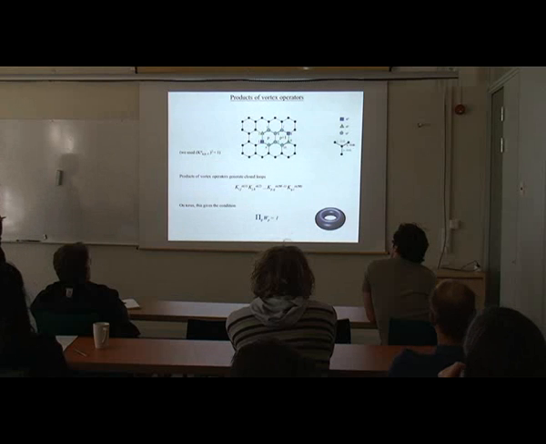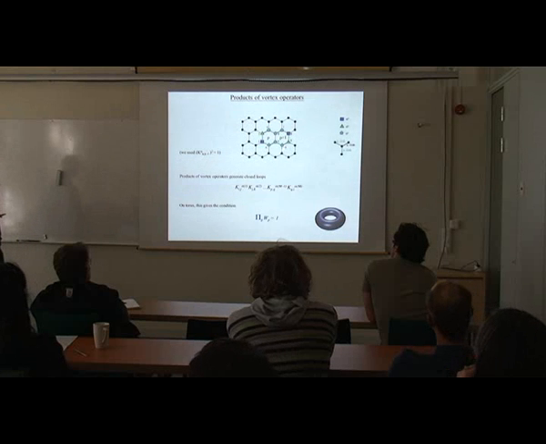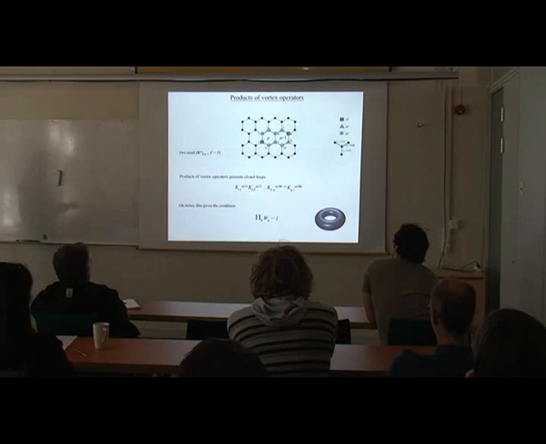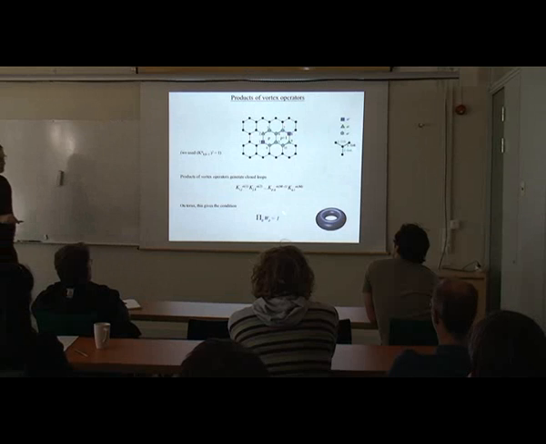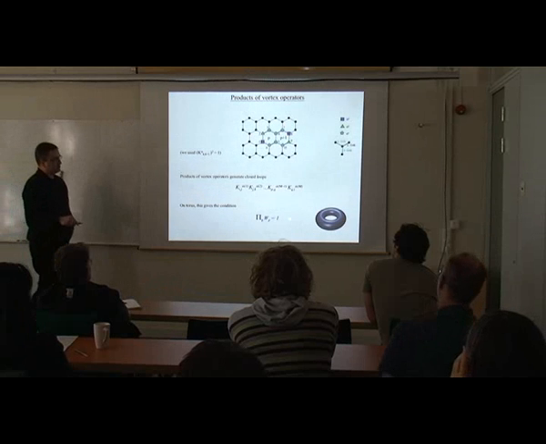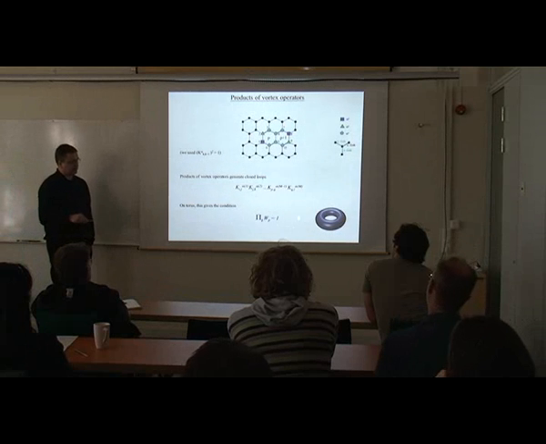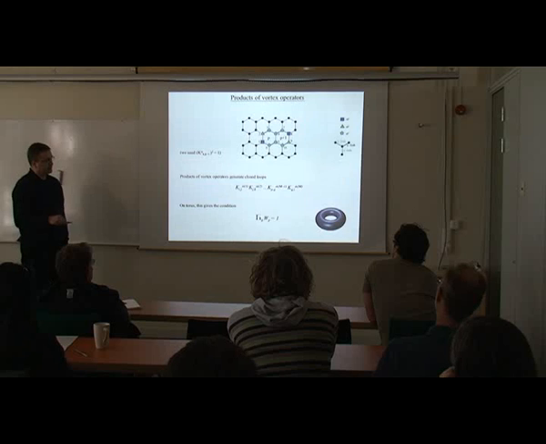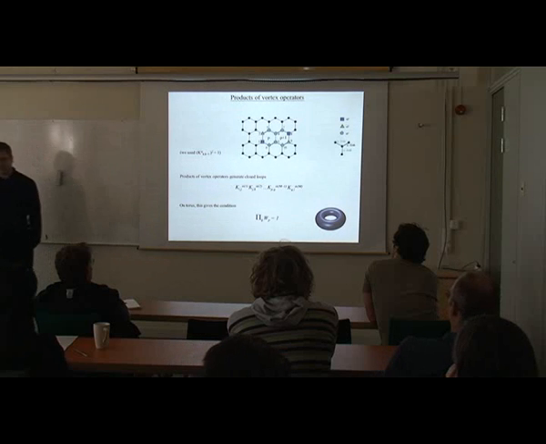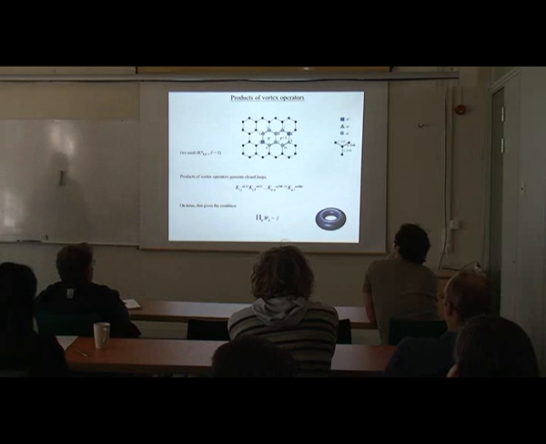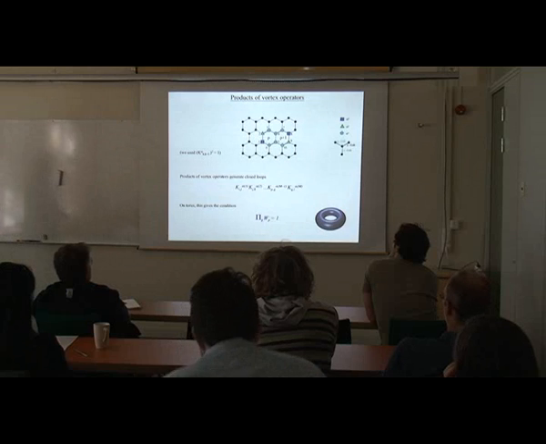So we can create larger loops by various products of nearest neighbor WP operators, which we can cast in terms of these K operators. On the torus, there is an additional condition, which is absent in the case of the plane, and that's that once we make a product of all WP operators, we get an identity.